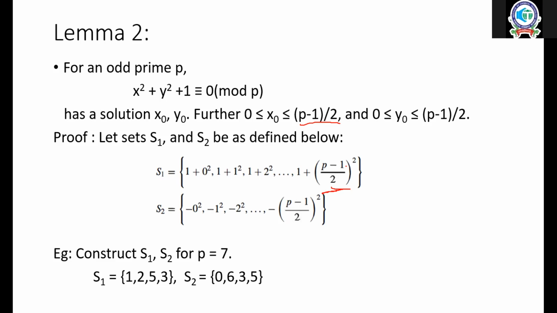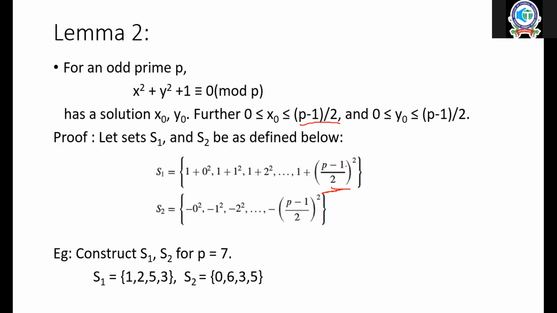So I want to write S1 in a compact way. How do I write it? Someone of you? So here, it is called roster form. Achila wrote in roster form. Roster form means, for example, I say 3Z: 0, 3, 6, 9, minus 3, minus 6. We'll write like that, but we'll write in a compact form later.